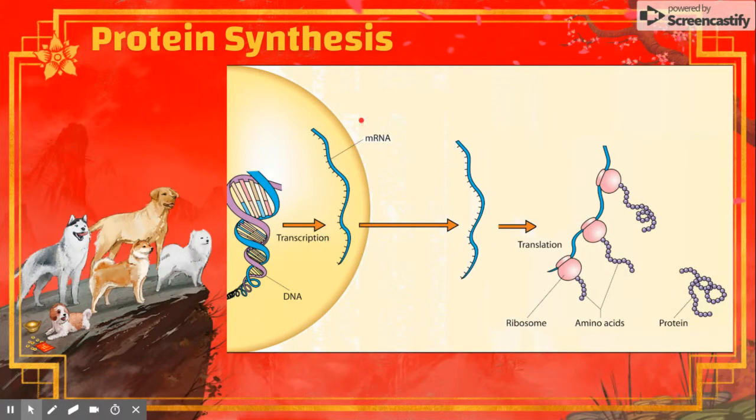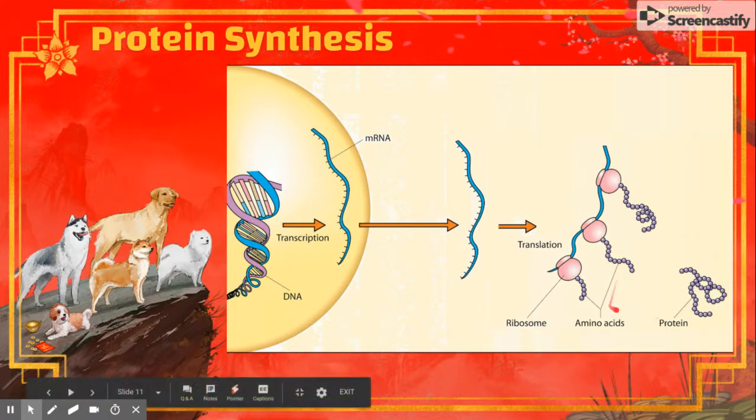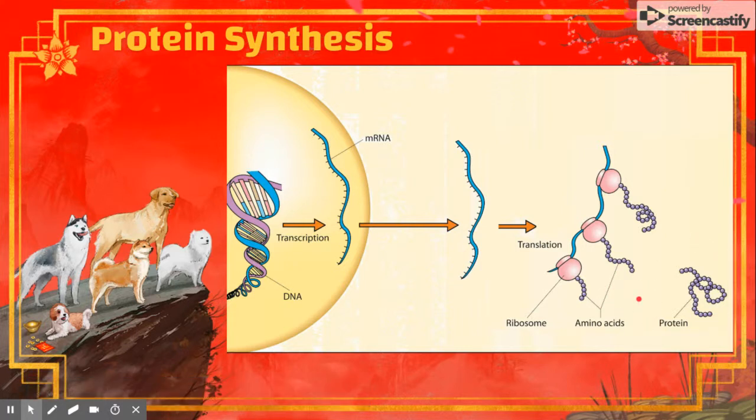Okay, next one is protein synthesis. Protein synthesis is the whole central dogma of biology. We go from DNA to RNA to protein. How we get from DNA to RNA is through transcription. That mRNA is able to sneak out of that DNA jail, and it comes out into the cytoplasm. It's being read by ribosomes, and then the ribosome creates these amino acids, and then the amino acids fold, and we create our protein. So that is pretty much the main thing that you need to know. From here, we're going from